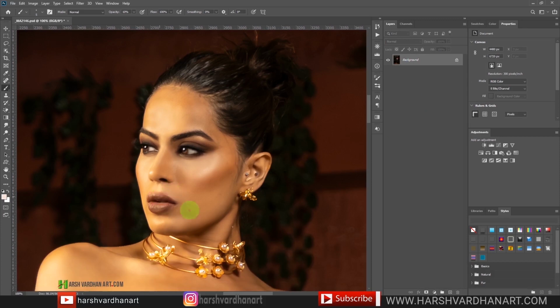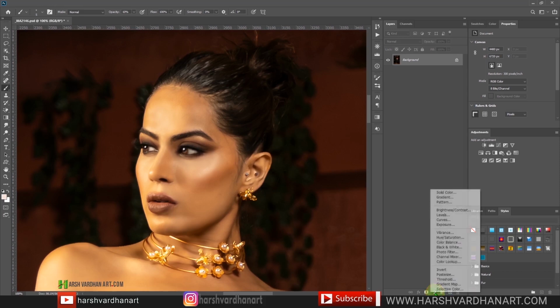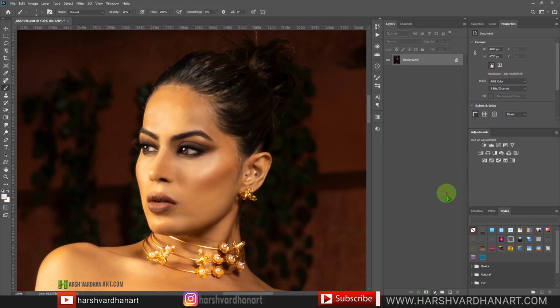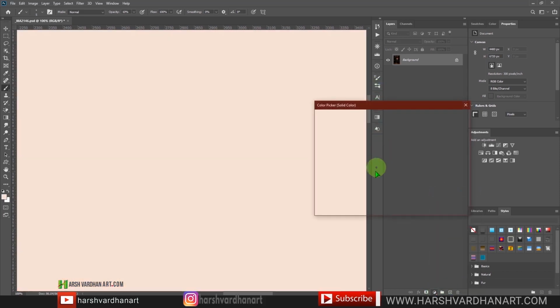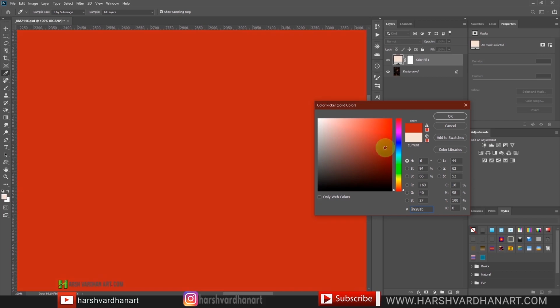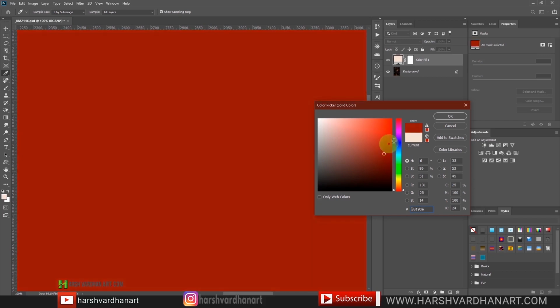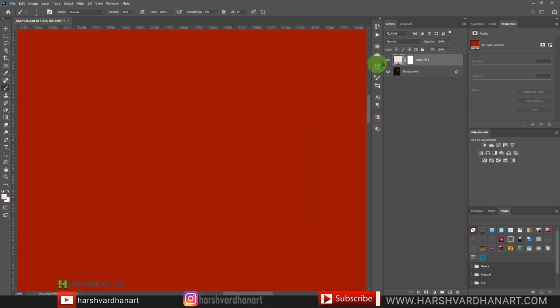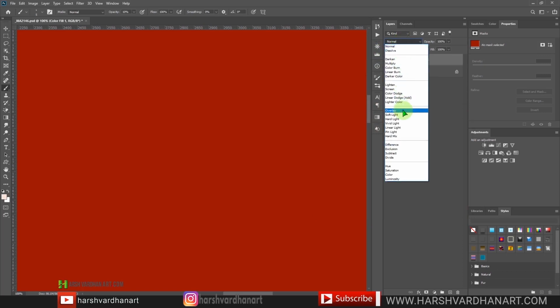And now let's work on the lips. So for that purpose, we'll come over here on the bottom and select the solid color, and from the solid color we'll choose something like red color. Let's pick something a little bit bloody red, something like this, and okay, we can change it later on as well. And we'll change this layer blend mode to overlay